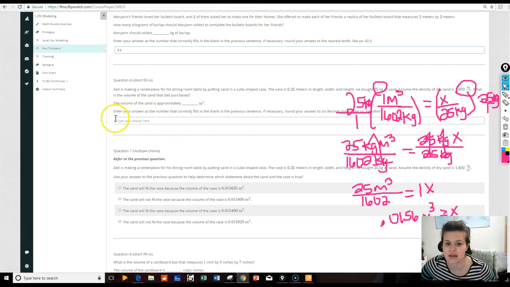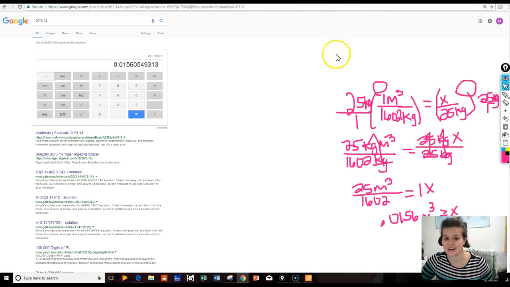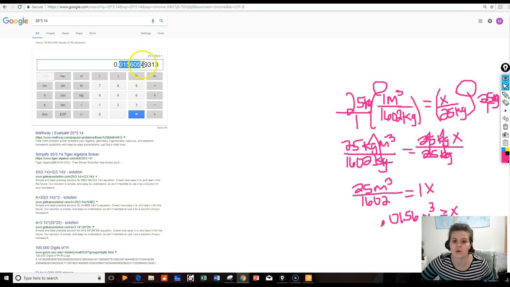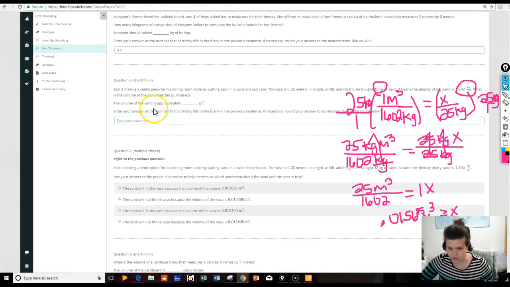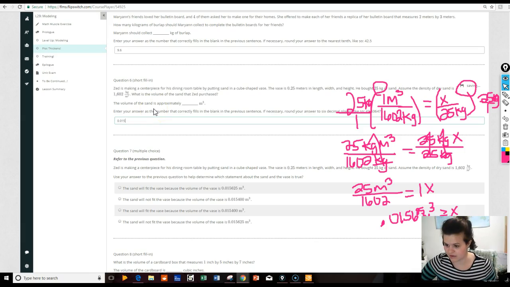So on this it says enter your answer as the number that correctly fills in the blank in the previous sentence. If necessary, round your answer to 6 decimal places. Okay, we better go back to our calculator and go to 6 decimal places. So 0.015605. Since this 4 is 4 or lower, that 5 does not change. So it was 0.015605